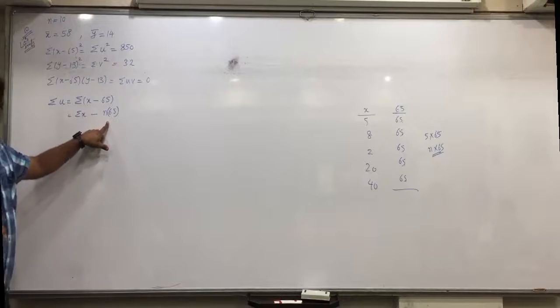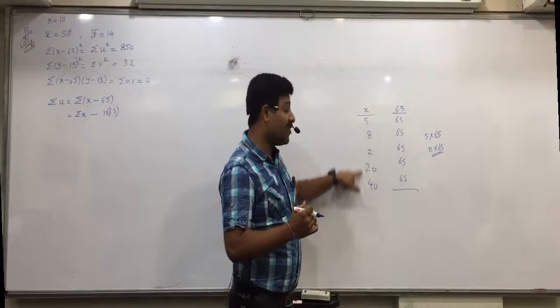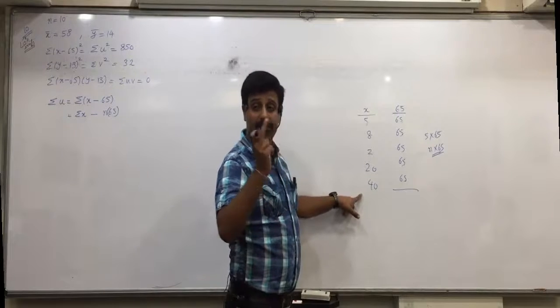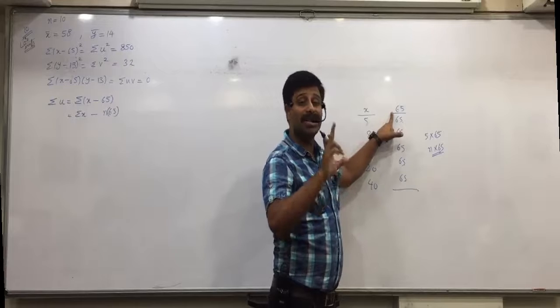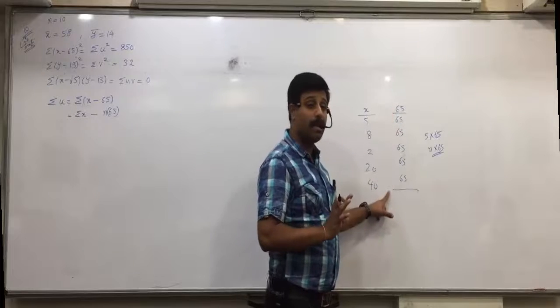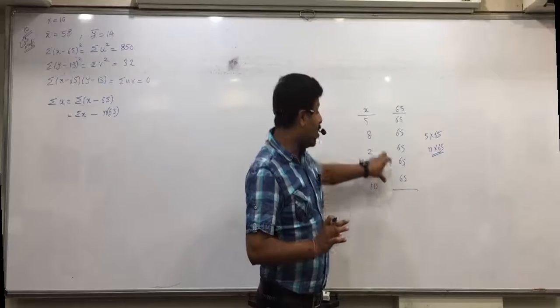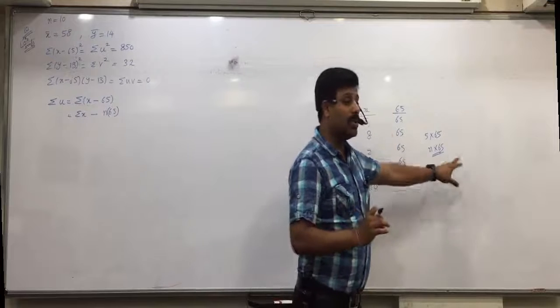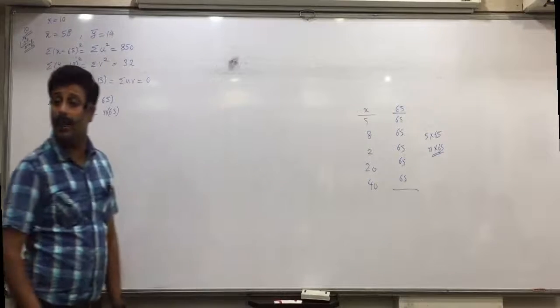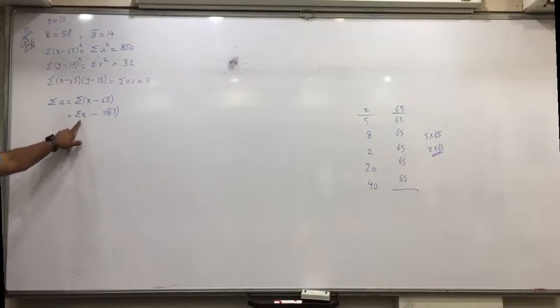Once again, the value of x is a variable. Variable means all the values of x will be changing, different. 65 is a constant number, means all the values will be 65. So if all the values are 65, how can we obtain its total sigma? N into 65. Understood that? Now raise your hand. Khushali, did you understand this? Now raise your hand. How would you find sigma x?